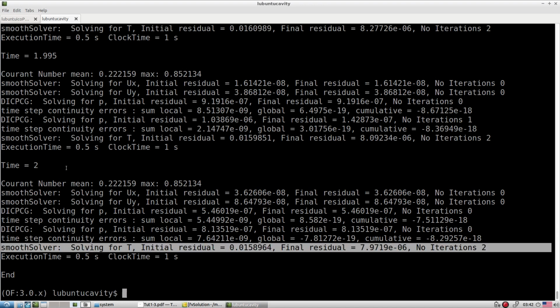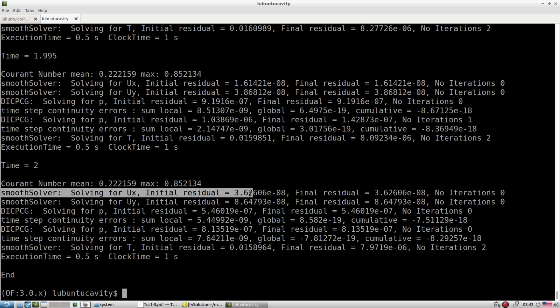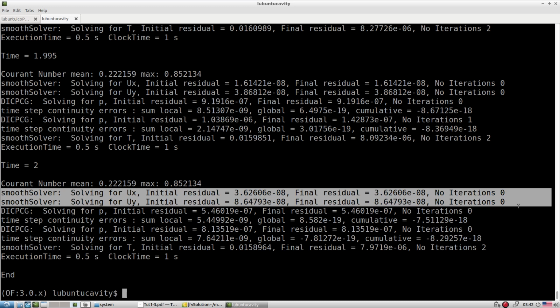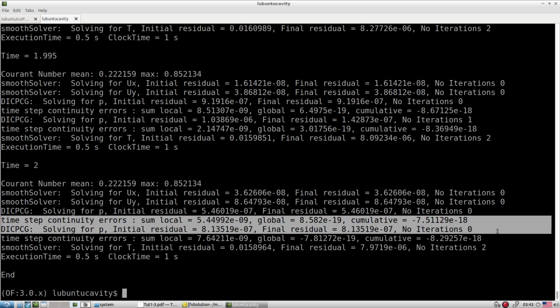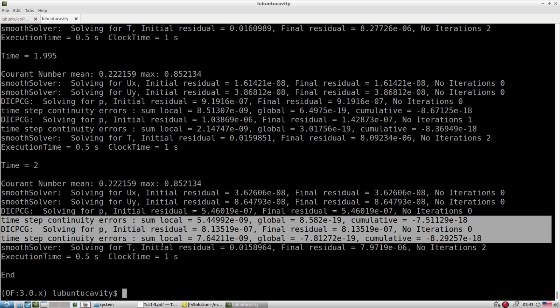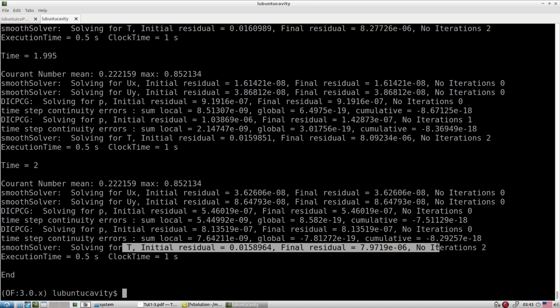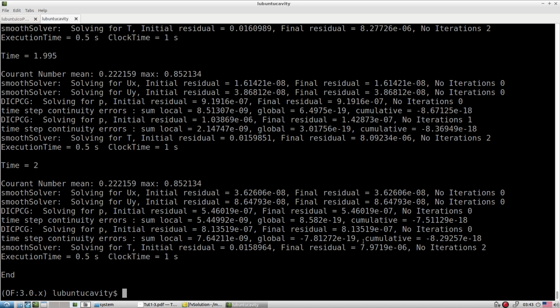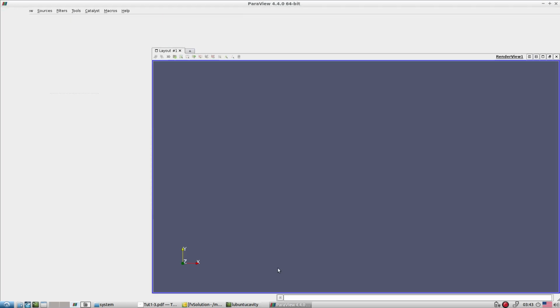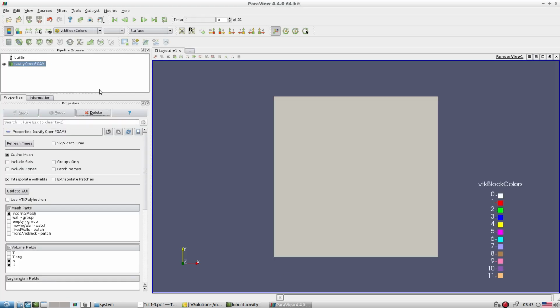What happened? First it solves the predictor step, then there is a corrector step. After the corrector step is over, we solve this new additional scalar T, and we check for its convergence. Let's see how exactly the scalar distribution looks like.